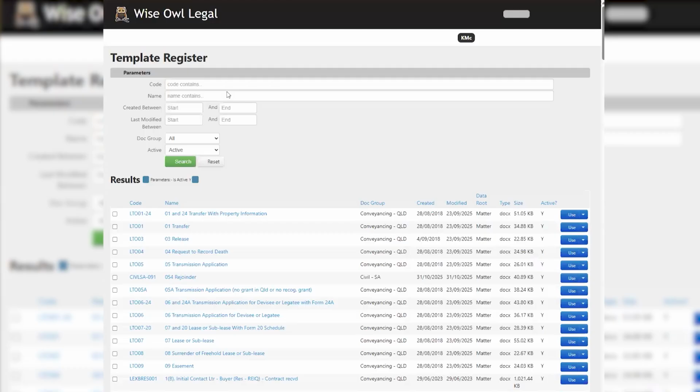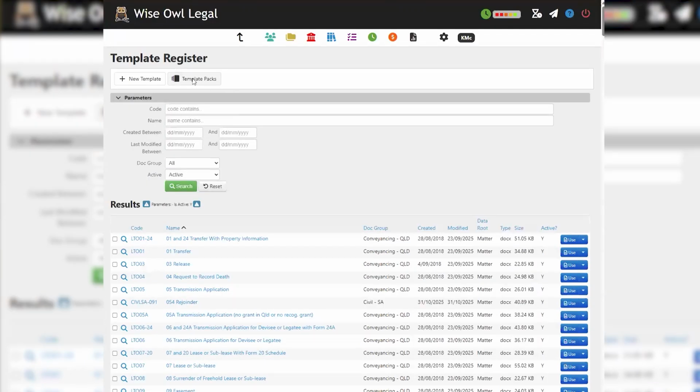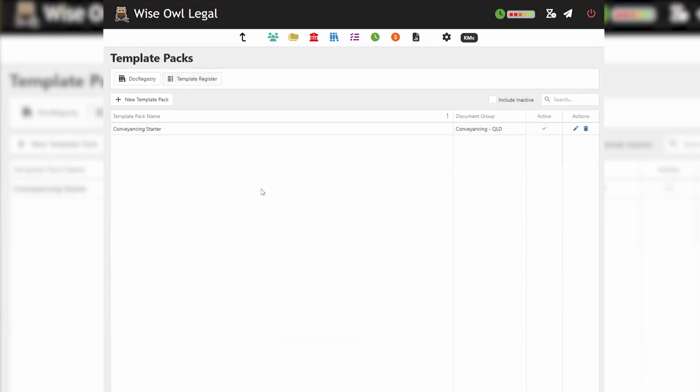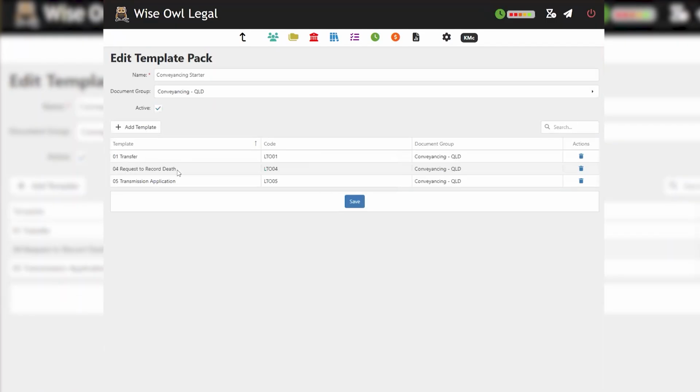So if we go into templates, we can go into template pack, and here we've got a conveyancing starter pack, which has not got very appropriate documents in there. But I think you get the idea. You can have the letter to the real estate agent, the letter to the building and pest person, and then